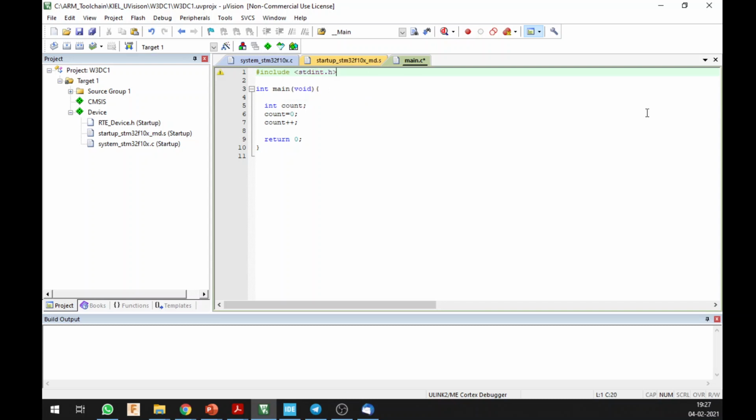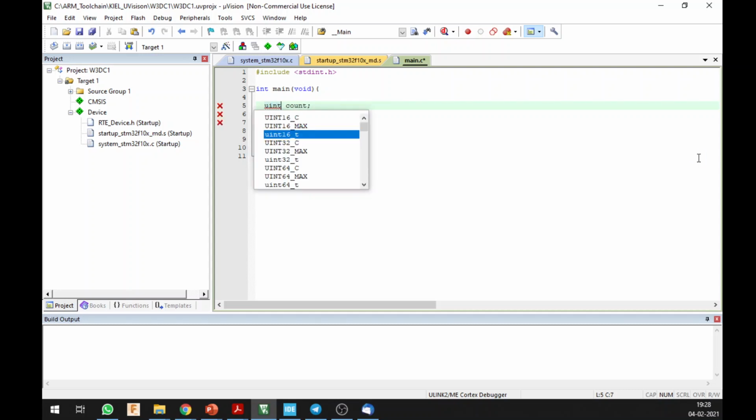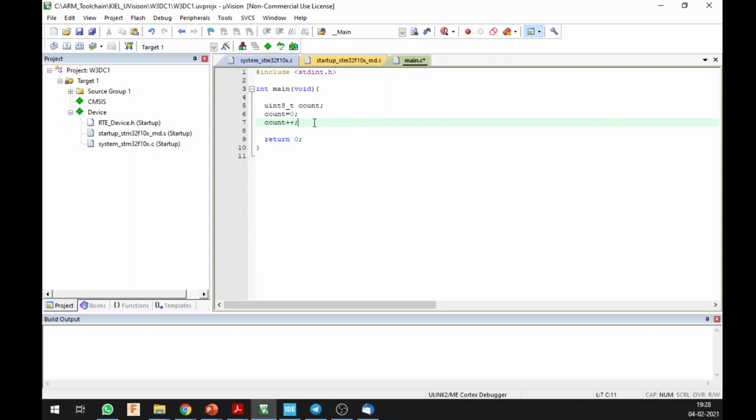Alright. So if you import this, then you can use uint8_t, which is the 8-bit unsigned integer type. So what will happen here, if you just copy this count variable multiple times, it is just going to count that number of times.